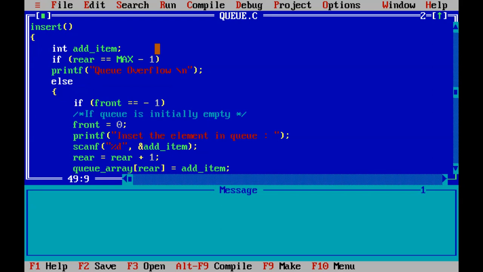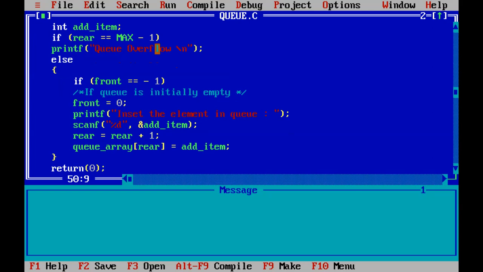Okay, the add item means the inserted element which the user gives, it will store in the array. So this way it will work. Okay, after that, if the rear is 0, then rear will be 1, then rear will be 2. So by this way it will insert the element in the queue.